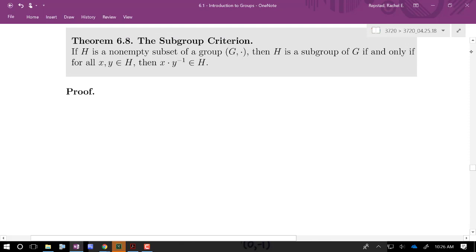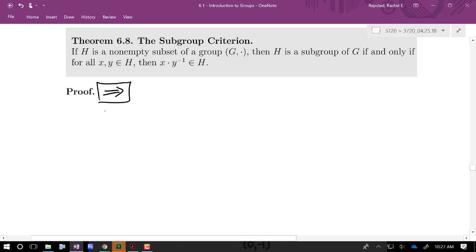So it says, let's suppose we have a group, and I'm going to use the multiplication notation here. Let's say we have a group G, and H is some subset of G. Then that subset H will in fact be a subgroup of G if and only if for any 2 elements I might pick in H, so if X and Y are 2 elements, then the product X times Y inverse is in H. If that's true no matter what 2 elements I pick in H, then H is a subgroup, and vice versa. If H is a subgroup, then that will be the case. So we have 2 directions to prove. The first direction